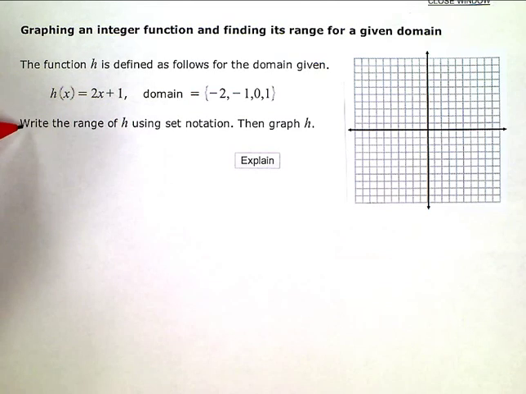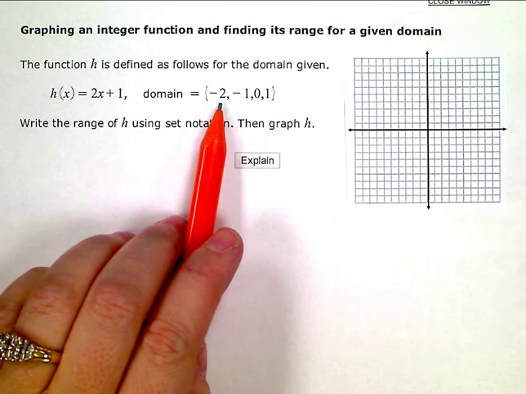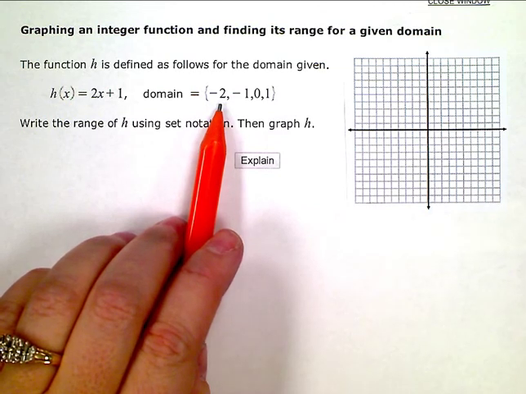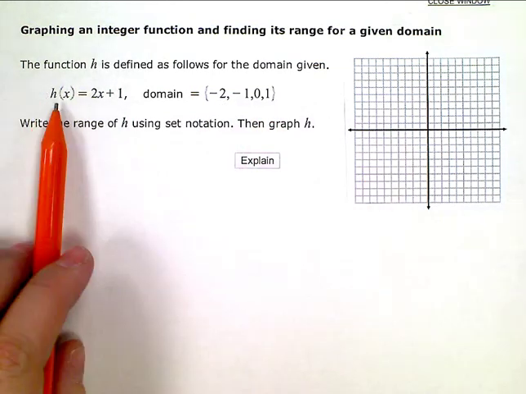Write the range of h using set notation, then graph h. Okay, so if this is my domain, those are my x values, or my inputs into my function. The range are going to be my y coordinates on the graph and the outputs of my function. So